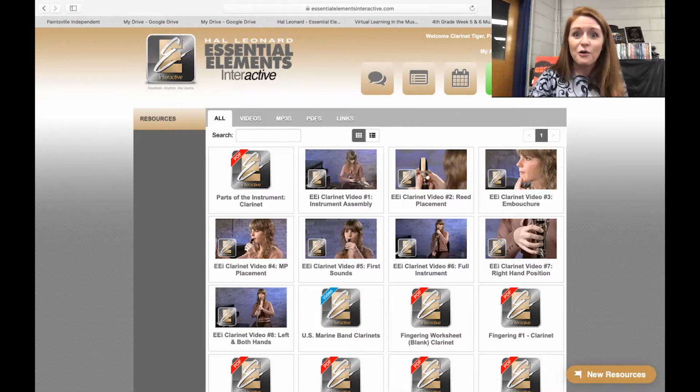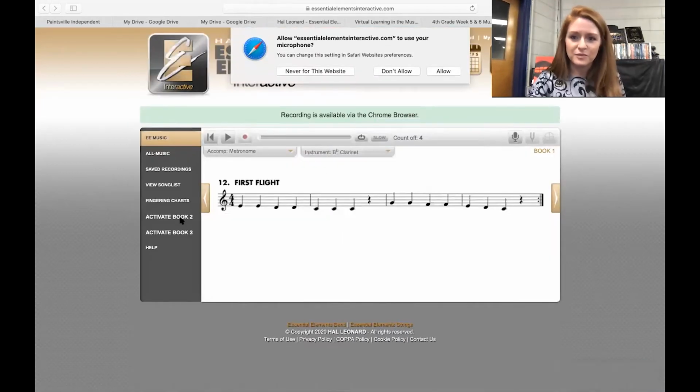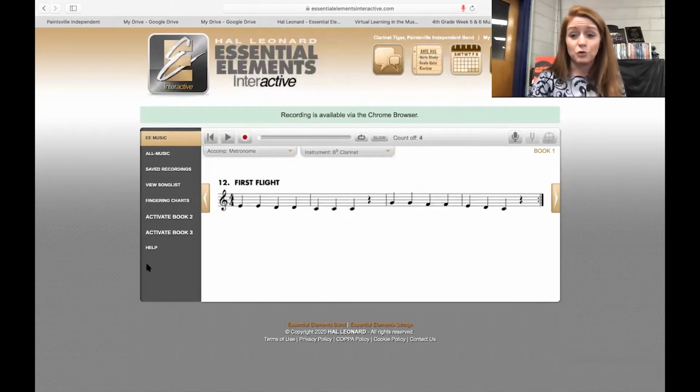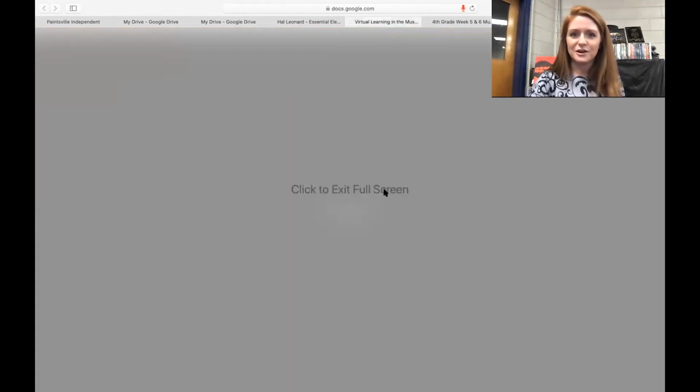My beginners are not the only ones using this though. I'm also using this with our advanced players. If I go back, you can see over here, there's a book 2, there's a book 3. I've ordered book 2 for a lot of my students so that we can use the online interactive with my advanced students as well. So that is our band book. Now, if I go back